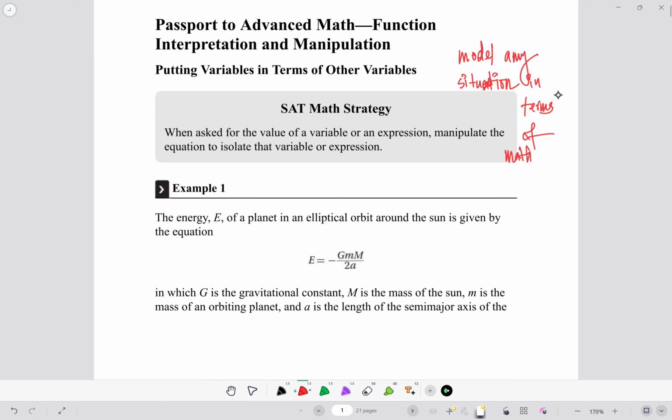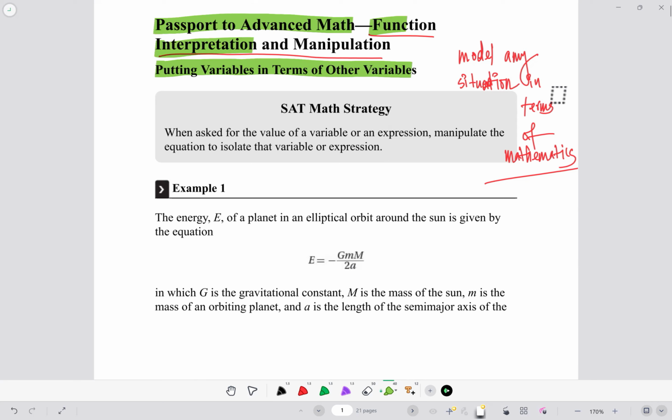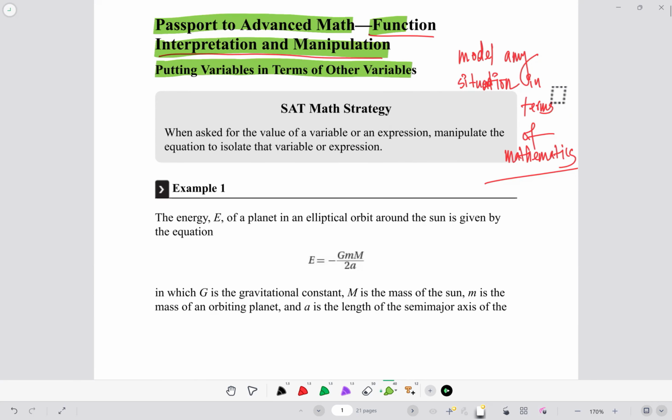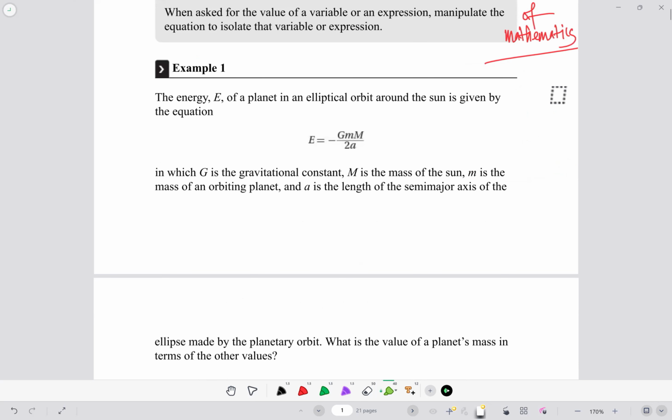Model any situation in terms of mathematics. That is what we do in function interpretation and manipulation. Now, the first thing that we are going to talk about is putting variables in terms of other variables. What is the meaning of putting variables in terms of other variables? This is basically